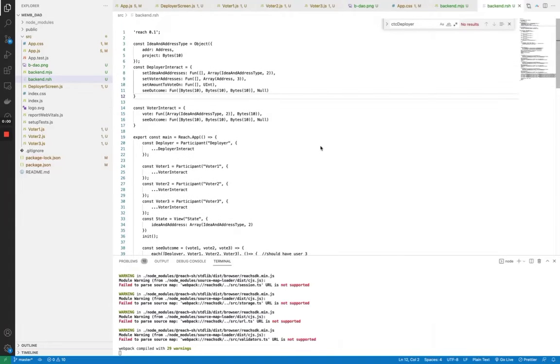I'm Emmanuel. Basically, this is the React project for the basic DAO. And now, as you can see, the first thing we have is our backend.rsg file, the smart contract file. We actually have a particular type that we're calling the address. It's a data type, an object that contains the